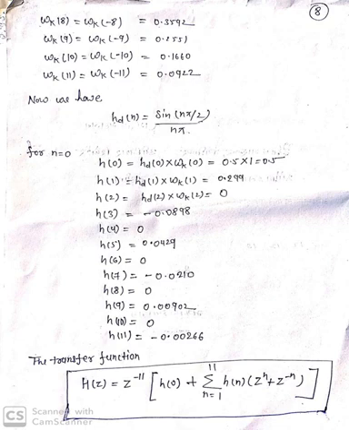So here you have seen we have calculated all the points, w8, w−8, w9, w−9, and all these points. So now we have calculated hd(n) for the low pass frequency using the integral form, after solving the integration. So hd(n) equals sin(nπ/2) divided by nπ. So now for n equals 0, n equals 1, up to n equals 11, we calculated all the 12 points from 0 to 11. All the positive points we have calculated. So put n equals 0, 1, 2, 3, 4, 5, 6, up to 11.